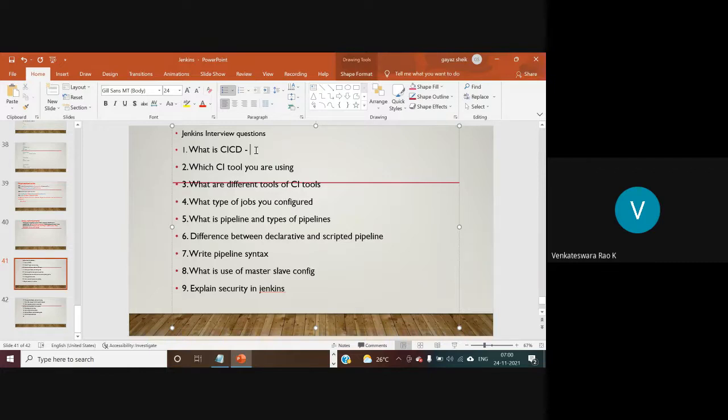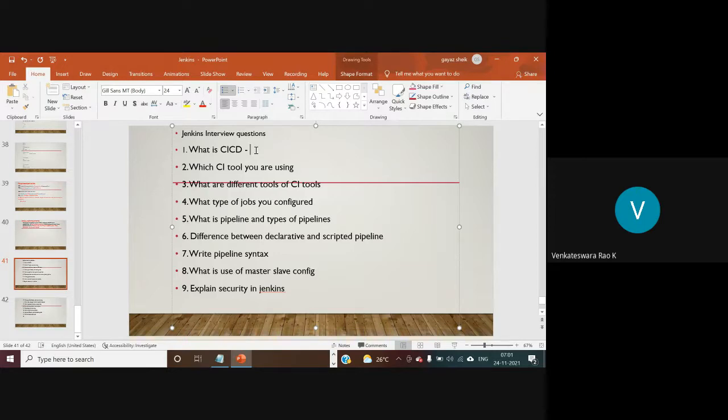After getting the bug information, developers are going to work on the bugs, and again the developers will push the modified code into GitHub.